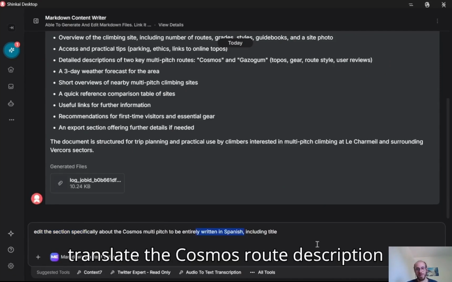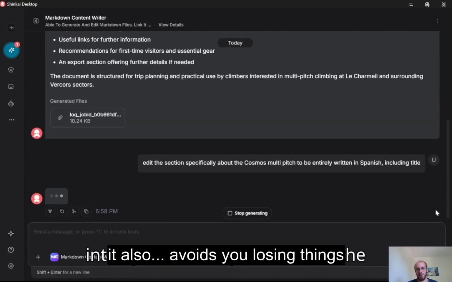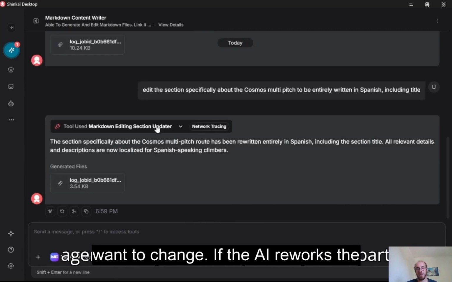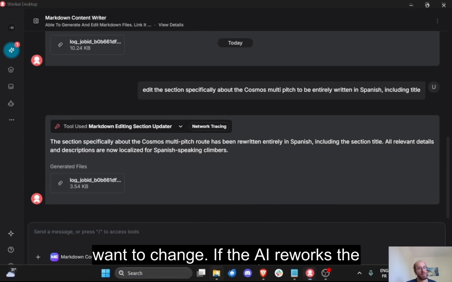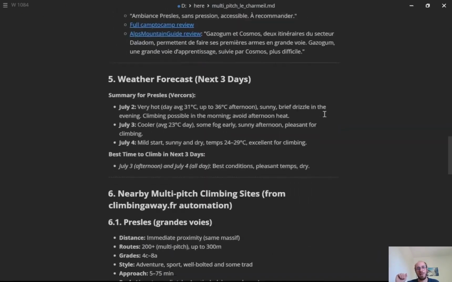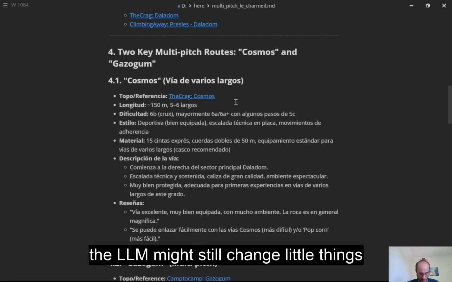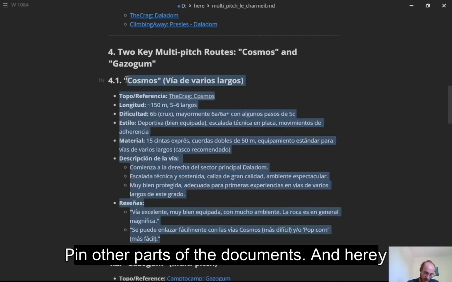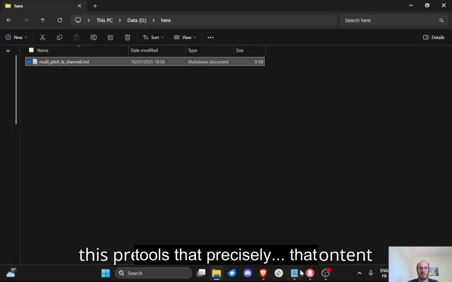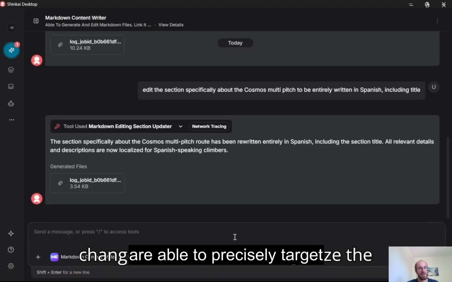And it also avoids you losing things or changing things you don't want to change. If the AI reworks the full document, even if it's targeting a specific section, the LLM might still change little things in other parts of the document. And here we avoid all that by having a set of tools that are able to precisely target